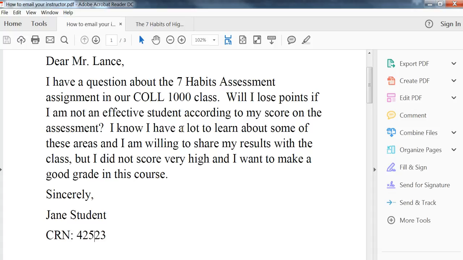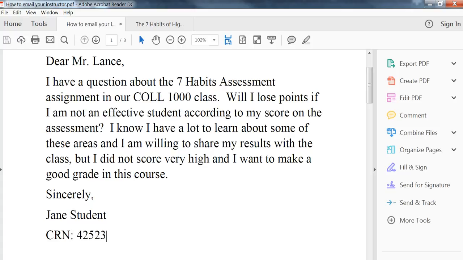If that was what her email was about, then she would probably want me to make that correction because it would benefit her. When she puts this number right here for her course, which is on your syllabus and on Blackboard also for each class you take, that number, whatever her number is for my class, I can look right up and find her. I don't have to sort through 150 students to try to find her name in there. So that lets me go right to her class. I can find her name. I can fix her grade or whatever. Very important. Do not send an email and